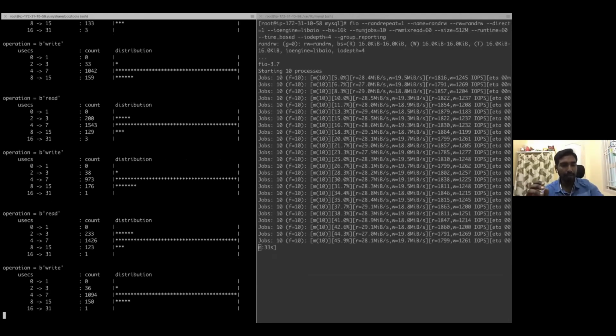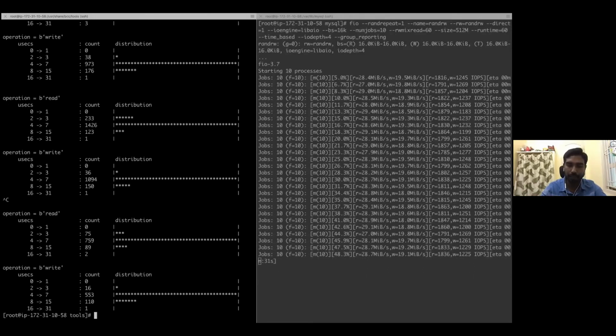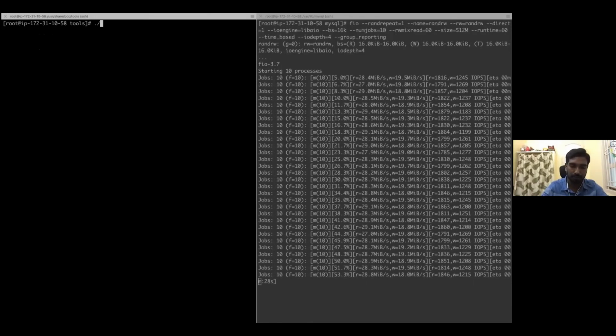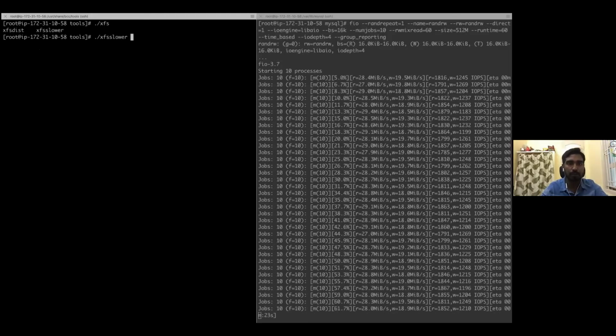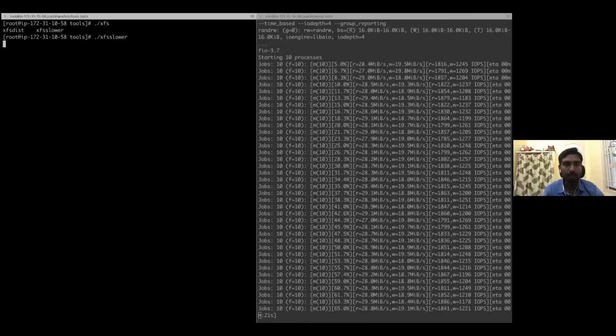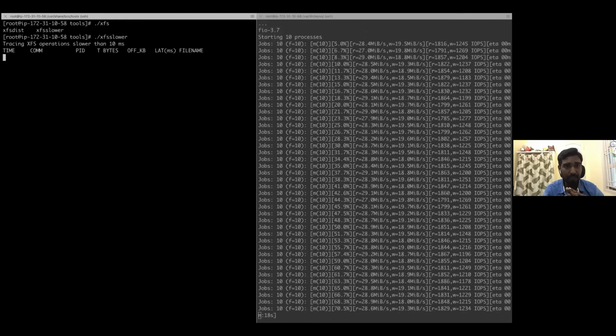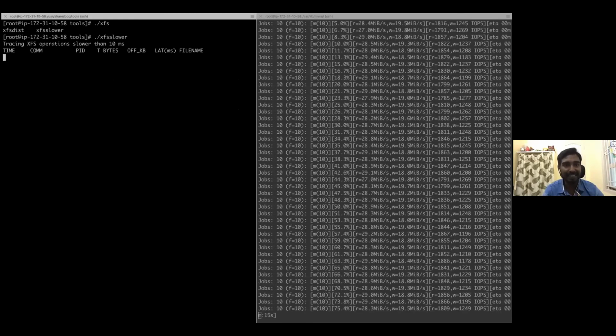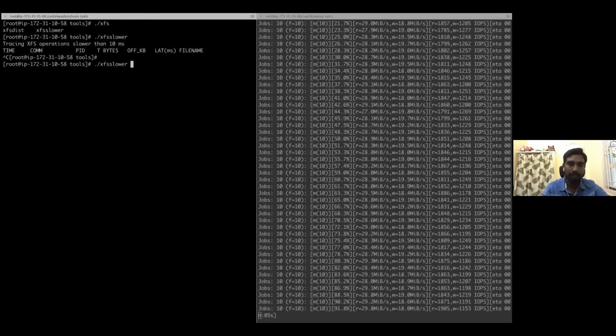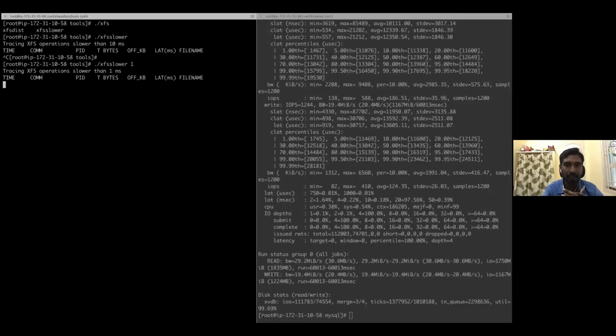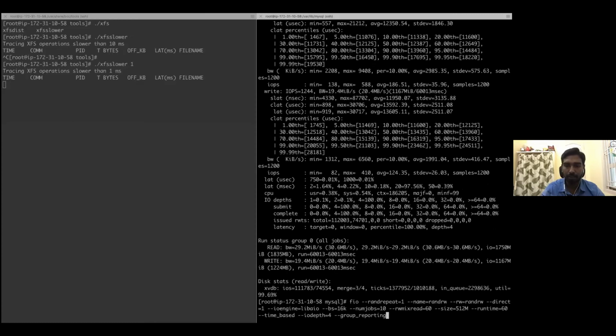And we want to track down the processes which are running slow. We can use the next tool, XFS slower. Now you have seen most of the processes are running in nanoseconds. This tool works at millisecond granularity, tracking all the slow IOs which are running beyond milliseconds. The default is 10 milliseconds, and I'll just reduce it. To reduce the granularity, you can just type 1. So it tracks at millisecond granularity, and I'll just start FIO again.